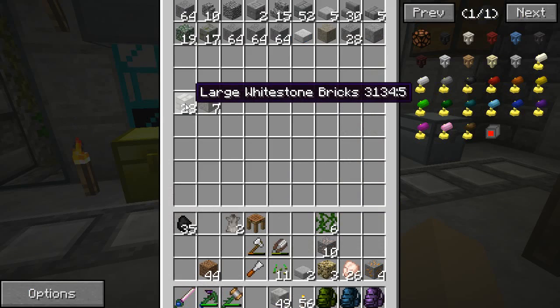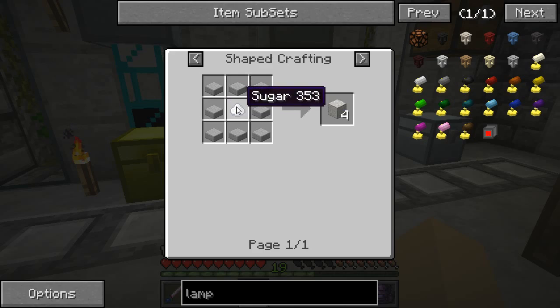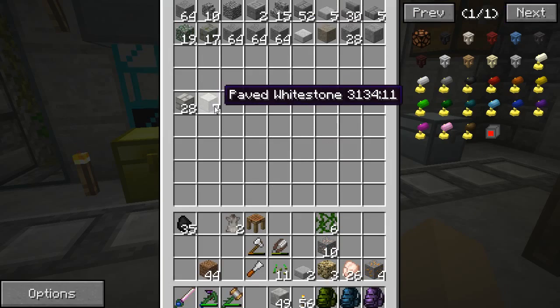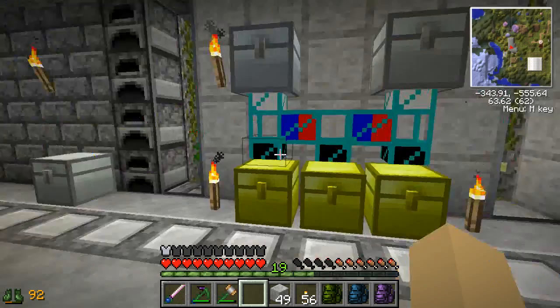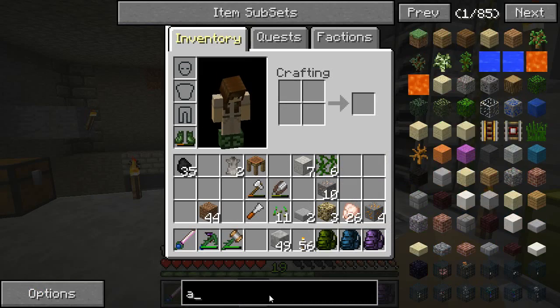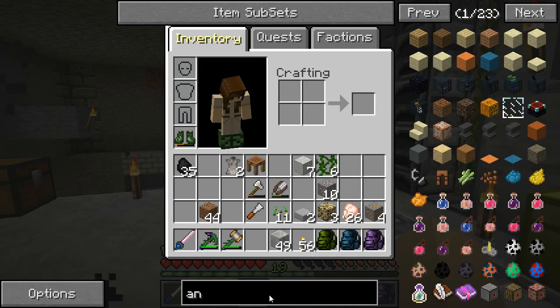See, the paved white stone. That's what I was looking for. And you make it with stone slabs and sugar. And so I'm going to need a lot more stone slabs and a lot more sugar. But I can at least get that started. And what else will get started is making the analyzer. So what do we need? Analyzer. Alright,